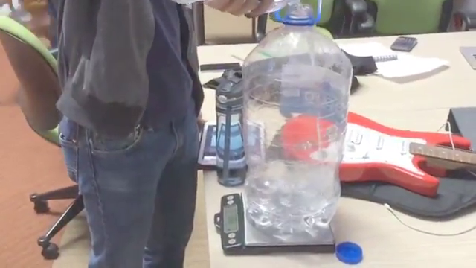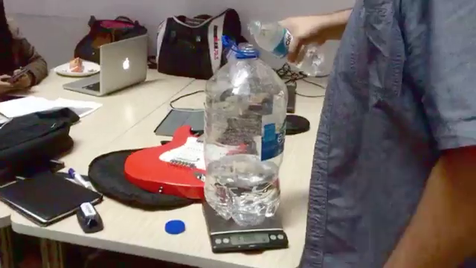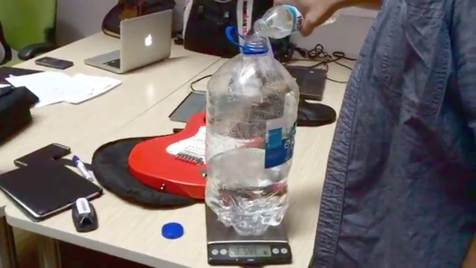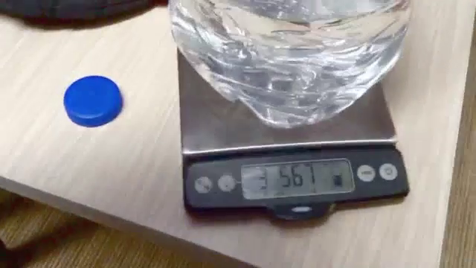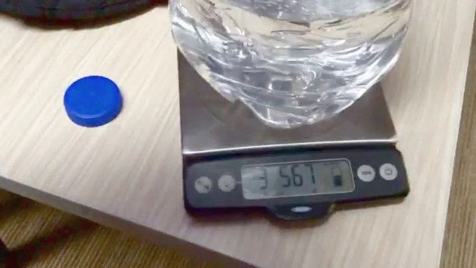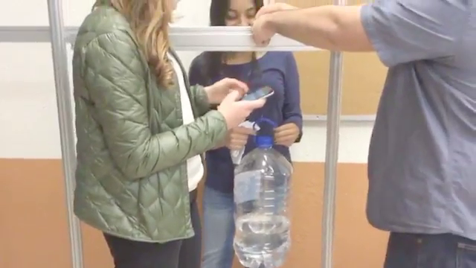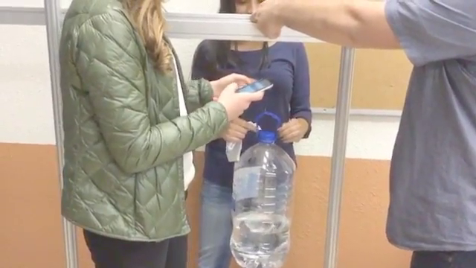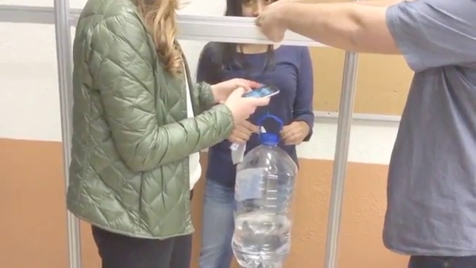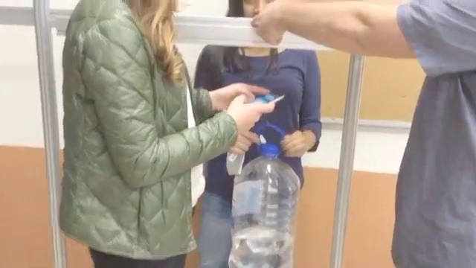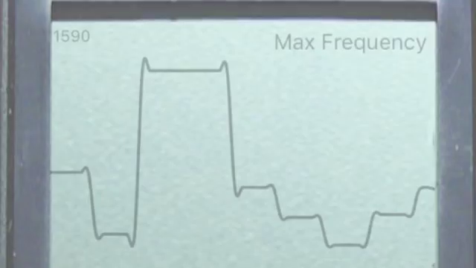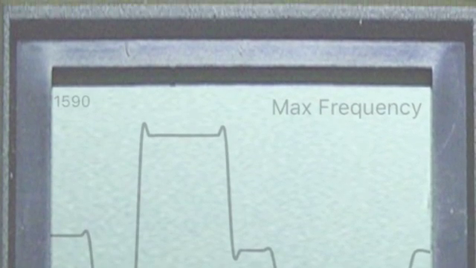So we tie the string to the bottle of water with the exact amount of mass. Then the string had the necessary tension, and with the finger we move the string. The string starts making a frequency, and we capture the frequency that the string was making, and this was very close to the frequency we want,